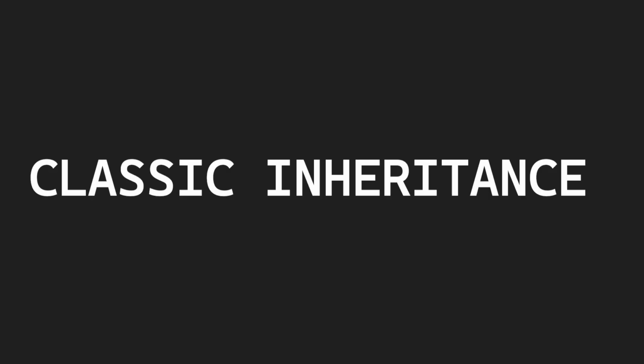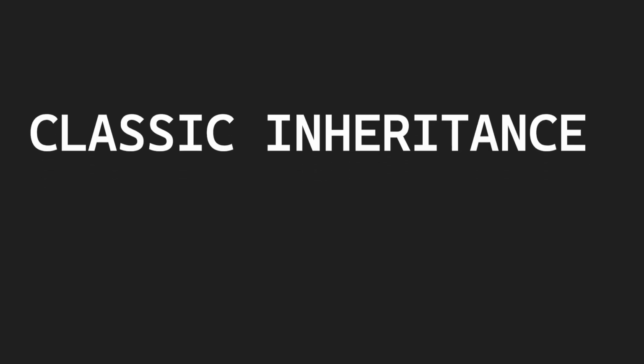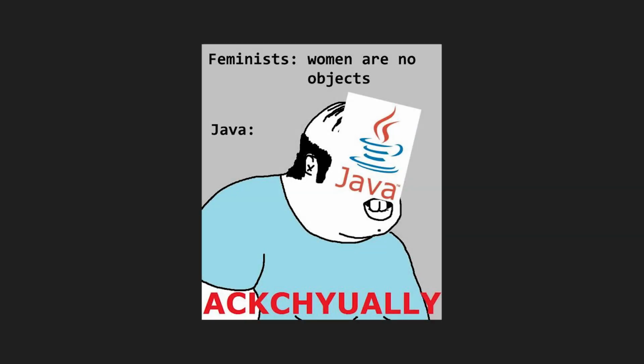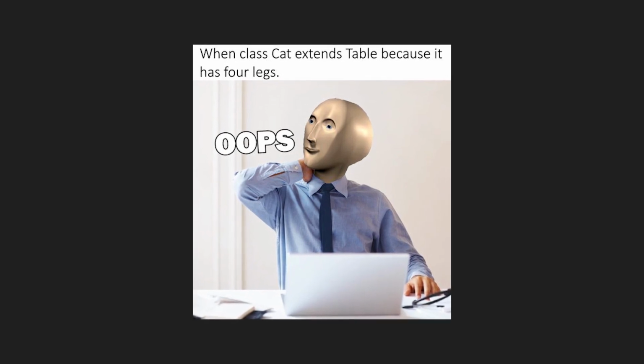This design pattern solves a lot of issues present in classic inheritance. Classic inheritance being a core aspect of any object-oriented programming language. A lot of people seem to think that object orientation is the end-all be-all of programming, but that's not true. While I'm not gonna sit here and pretend that object orientation sucks, it has a lot of problems, even for